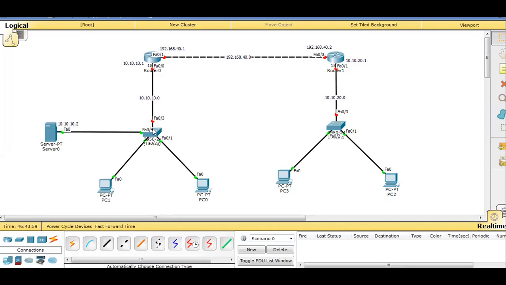Here we have taken two PCs connected to the switch, and the switch is connected to the router over the subnet, which is 10.10.10.0. And this network over here is connected to a DHCP server. We have another network here, which is 10.10.20.0, consisting of a switch towards which we have two PCs connected, and this is connected to the router. And between the routers, we have another subnet, which is